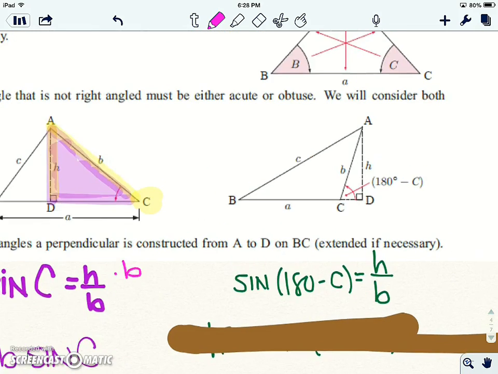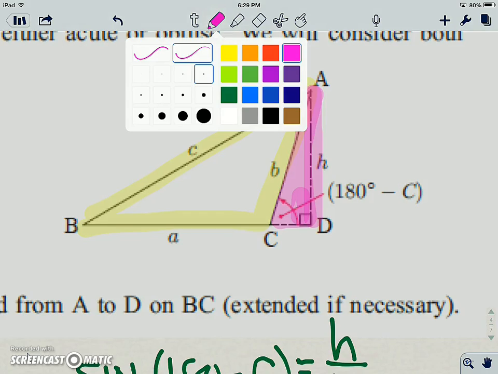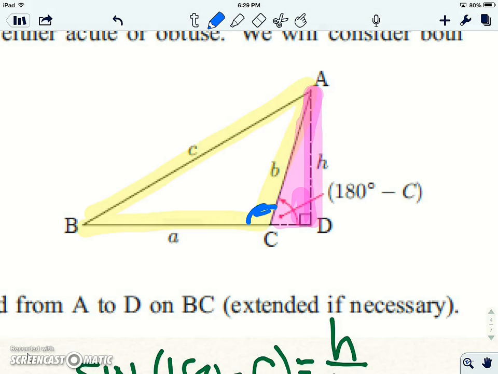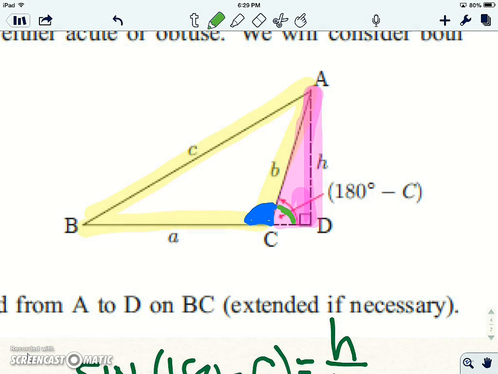The other triangle is an obtuse triangle. So the original triangle is this part, which is not a right triangle, but if we drop a perpendicular, there's our height, and we can just look at this little pink triangle and use that to find the height. Well, if this is our corner C, I think it's pretty evident that the blue corner plus this green corner right here must add to 180. So if the blue corner is C, the green corner then is 180 minus C,